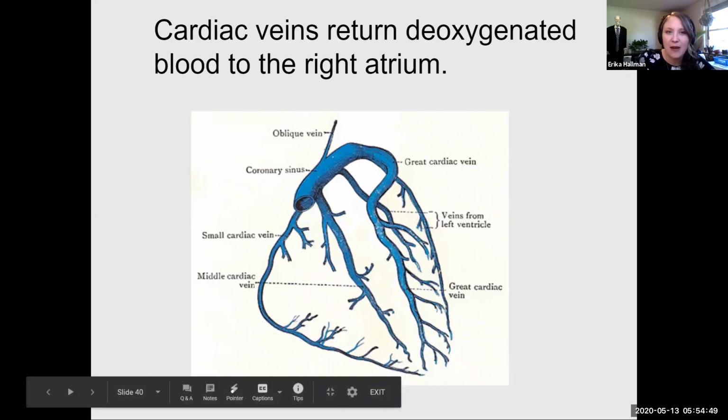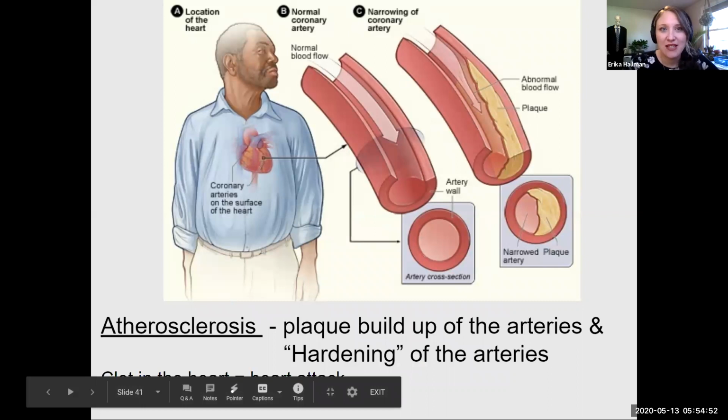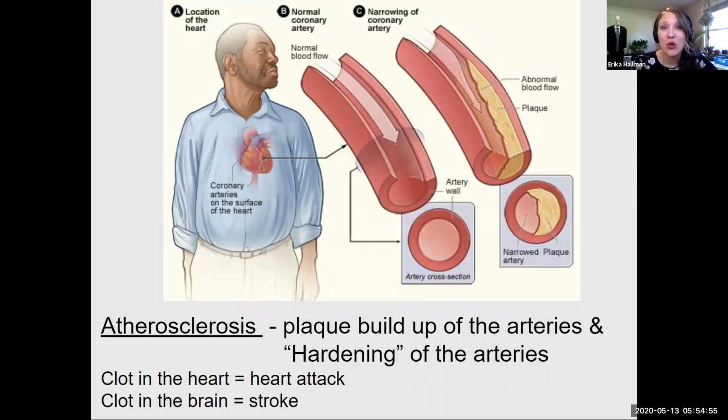One of the conditions that involves these coronary arteries specifically is a condition called atherosclerosis. This is essentially when you have a diet that is very high in saturated fat. There are also some genetic ties to atherosclerosis. Essentially what happens is that those saturated fat molecules start to attach to each other. Remember from bio class that lipids are hydrophobic and that our blood has a lot of water in it, which means that any fats in our blood like to stick together, and that's what forms these plaques on the inside